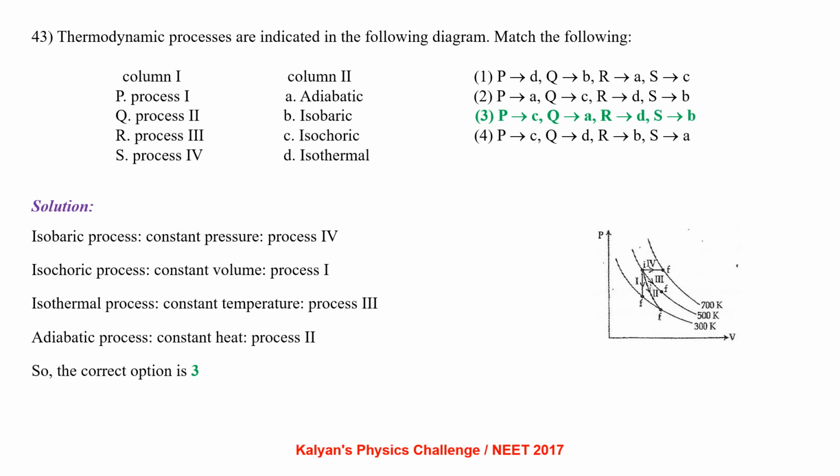Isothermal process, temperature remains constant, and adiabatic process, total heat content remains constant. Both isothermal and adiabatic curves seem to be of the same shape, that is a rectangular hyperbola, but we can decide between the isothermal curve and the adiabatic curve with the slope. The adiabatic curve has a larger slope, that is, it is more steep than the isothermal curve. So process 3 represents the isothermal process and process 2 represents the adiabatic process.